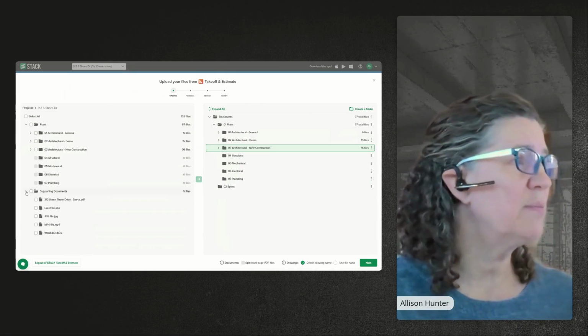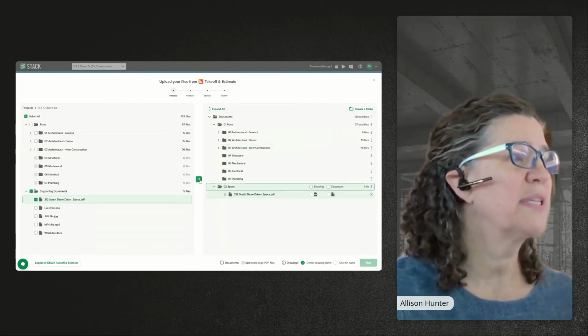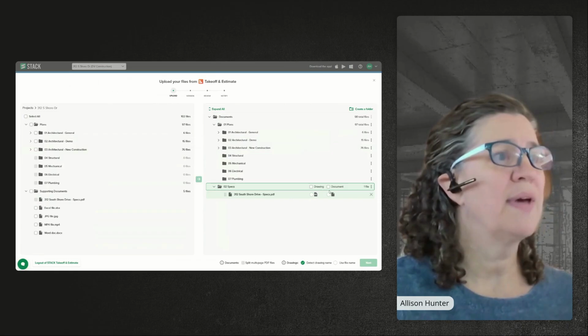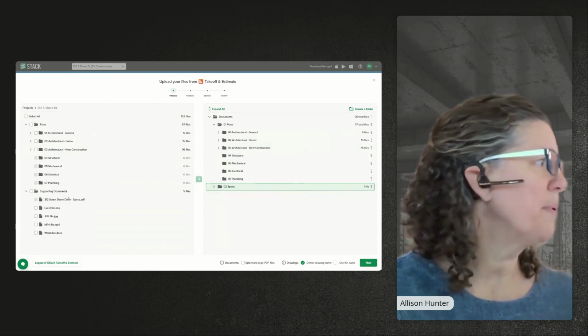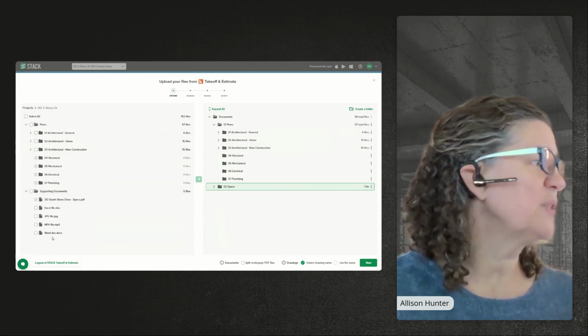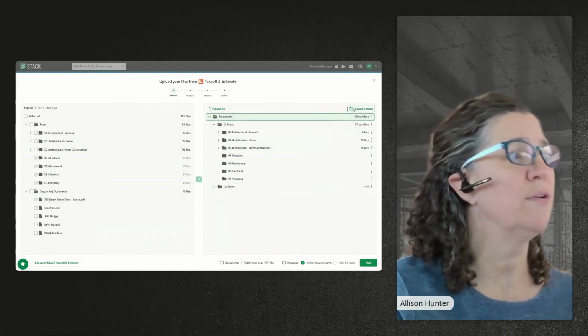So in the past, we couldn't move some of this information. So I'm going to go ahead and move my specs, my spec folder. And that's a document. I'd like to preserve that multi-page setup. And then I've got some other files as well. And I'm missing a folder over here on the right. So what I can do is create a new folder